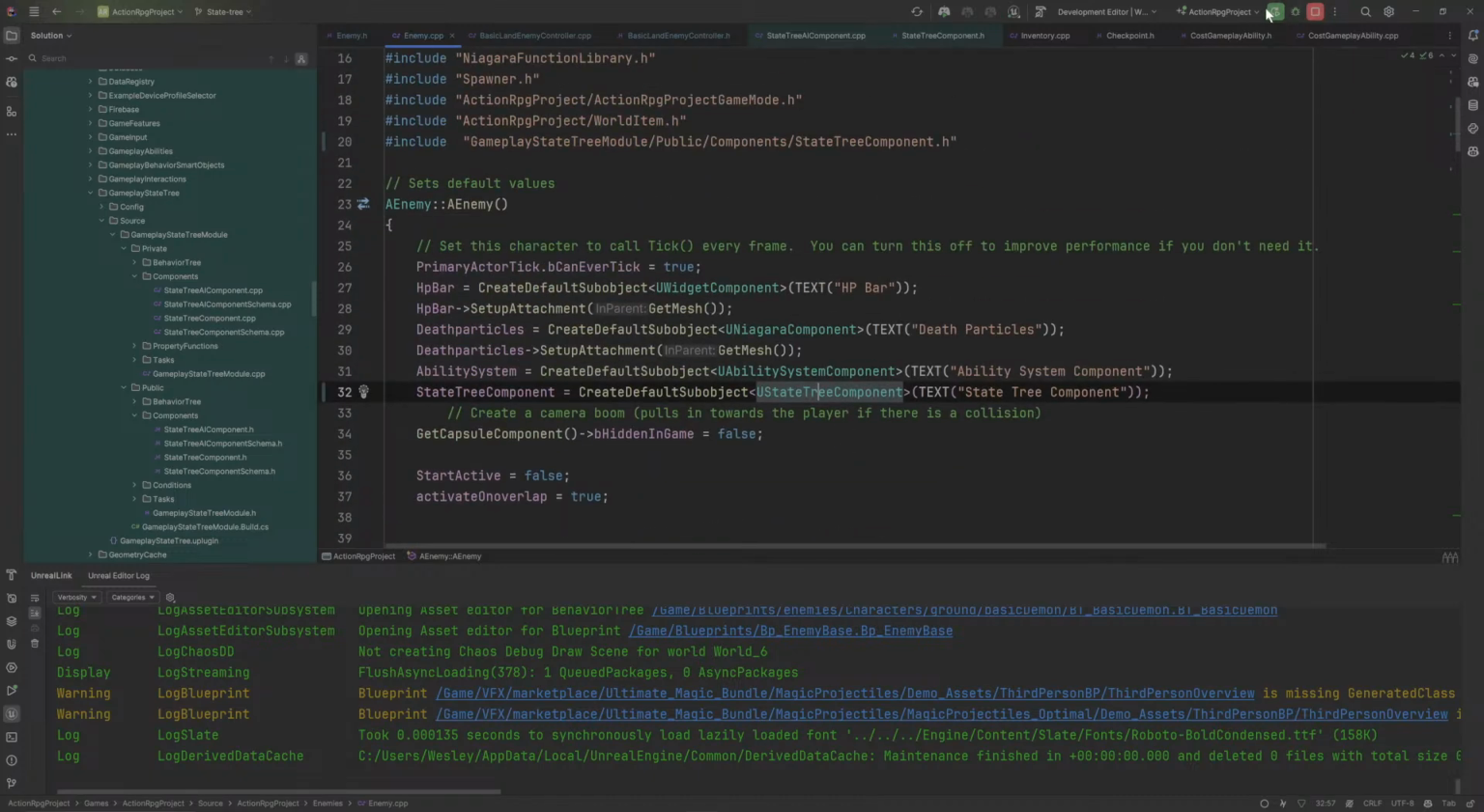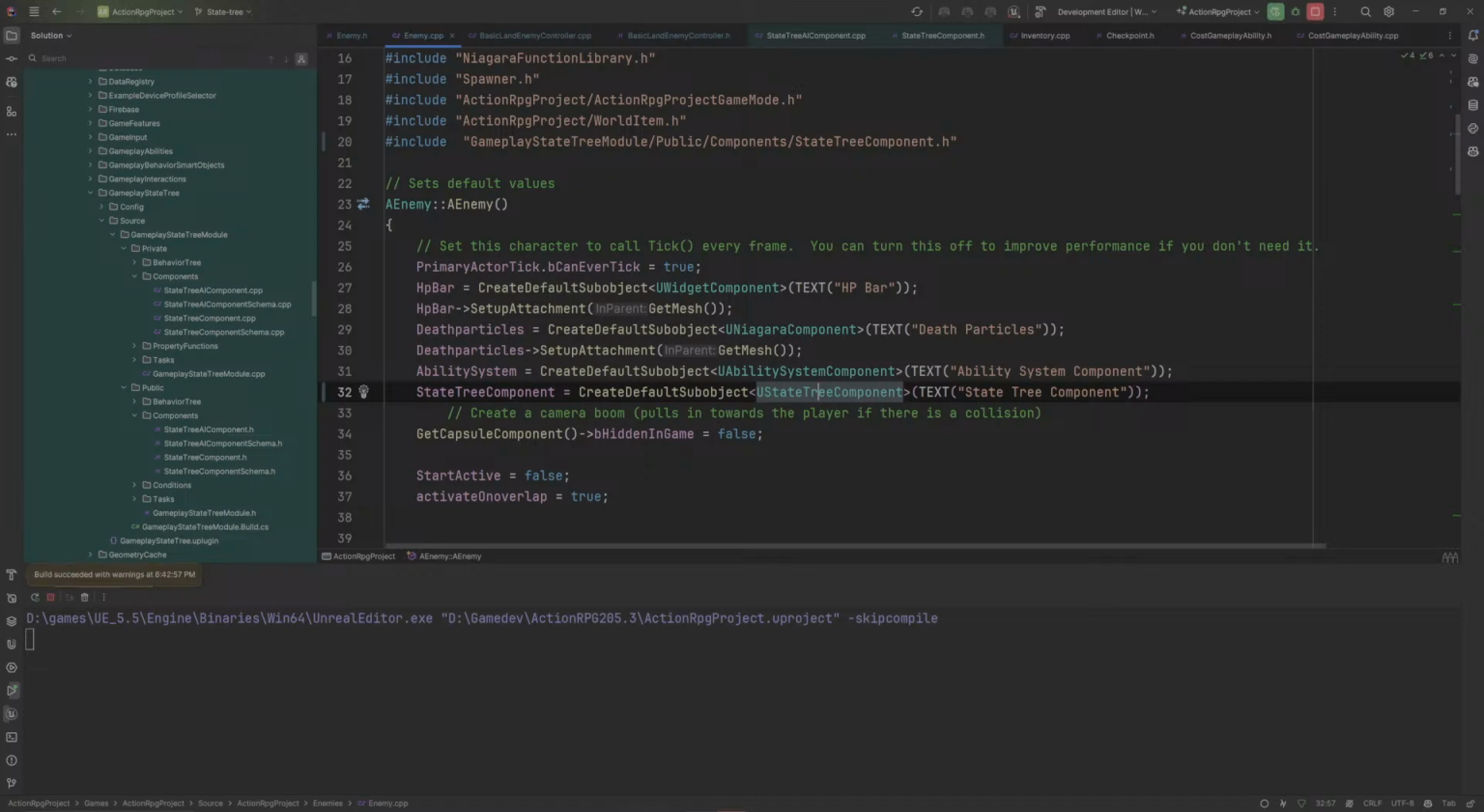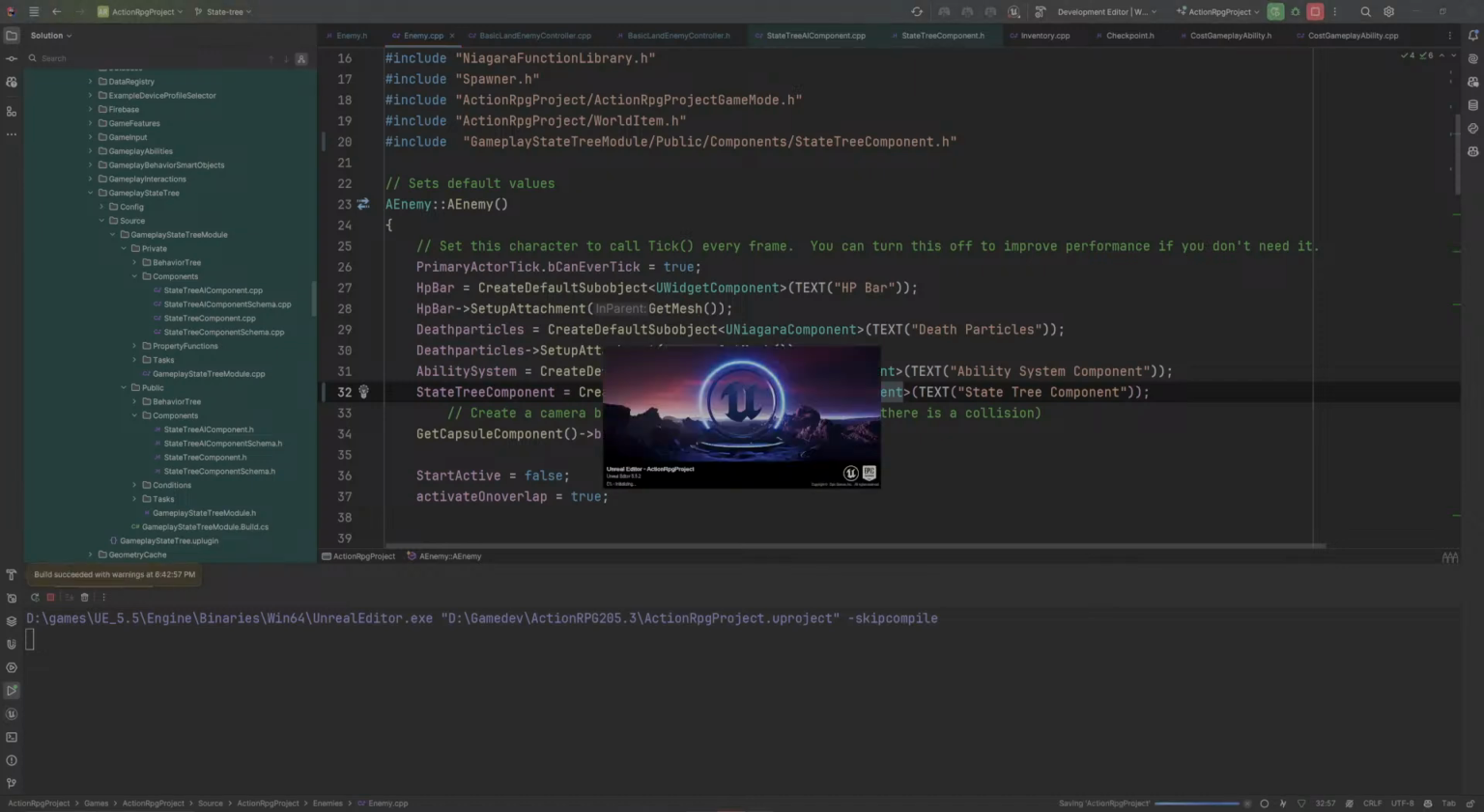Let's retry that and see if it gives me any trouble. I could just add this into the blueprint base class. We have a blueprint base class that everything inherits off of, but I want to